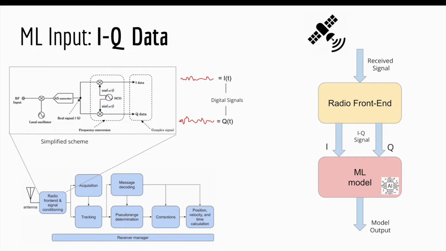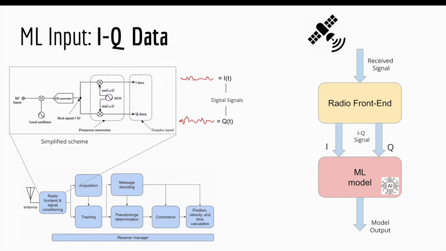As you can see below on the slide, you can see the scheme that Ross pointed out, a receiver scheme. We have the antenna that takes the received signal, the radio front end transforms, processes and digitalizes this signal, and then we have all these boxes managed by the receiver manager that basically aim at providing the position, velocity, and time delay. So if we zoom in a bit better now on the radio front end and signal conditioning, we can see here a really simplified scheme of how this works. Again, this lecture is not about how a GNSS receiver works.